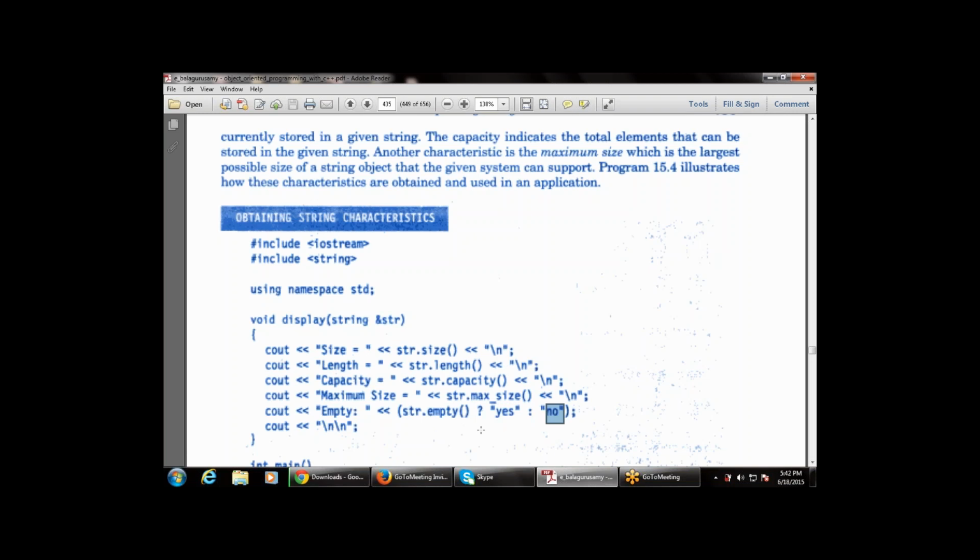So if it gives the value as 0, that is it is empty, then it prints yes. If it is not, then it prints no. So this is a conditional operator. How do I know this is a conditional operator? Because the question mark is used. Whenever a question mark and the colon are used, this is known as the conditional operator